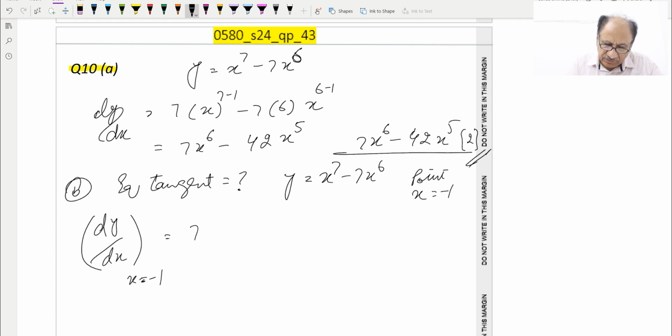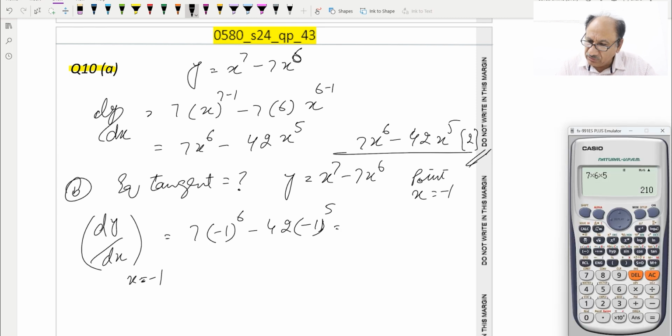So we can write 7x^6 minus 42x^5, replace x with minus 1, and that will be our answer. So 7 into minus 1 raised to the power 6 and minus 42 into minus 1 raised to the power 5, and this will be equal to